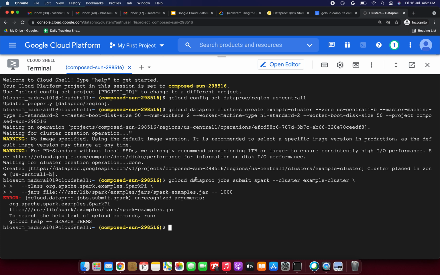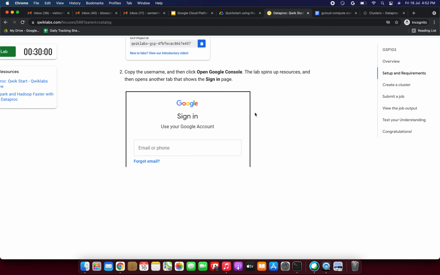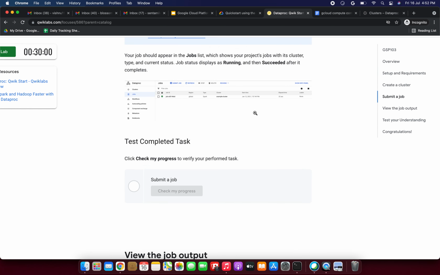Enter the command gcloud dataproc jobs submit spark with the cluster name, example-cluster, and the class. Actually it is giving an error. I think it is a copy-paste error, so I am copying from here itself. Let's see whether we get the output or not.